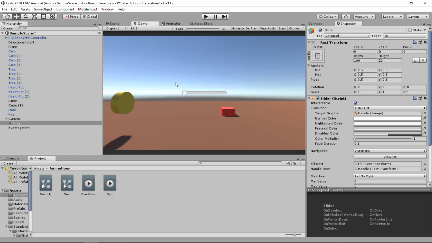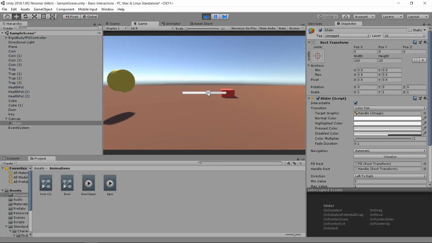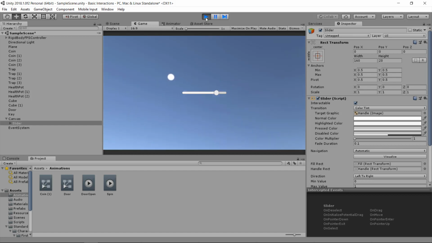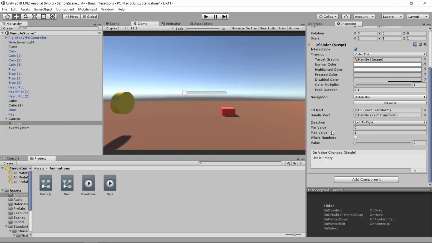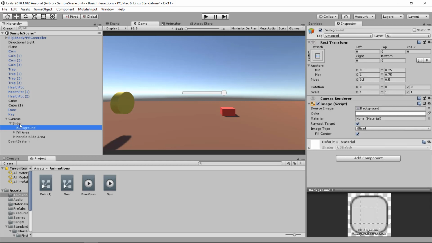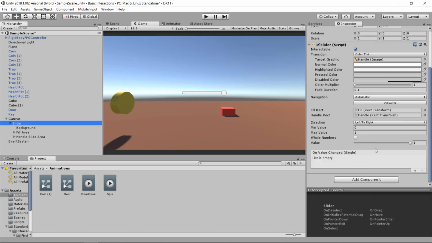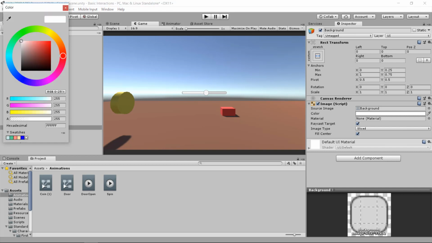Now a slider in the UI allows you to drag the slider bar up and down, but it happens to be really convenient to use to show a meter filling up. So what we can do is change the color of our background. If we go down here to the background, let's go halfway like this. So we can change our background color